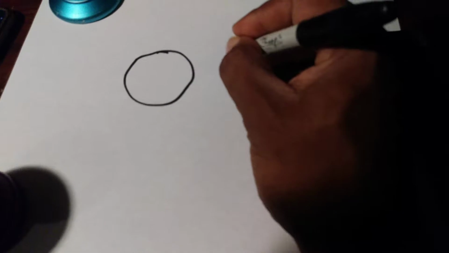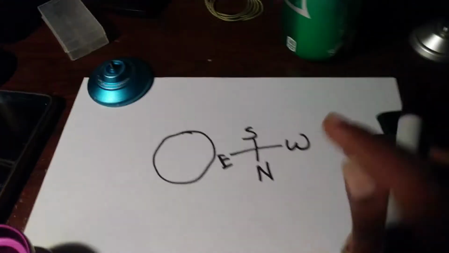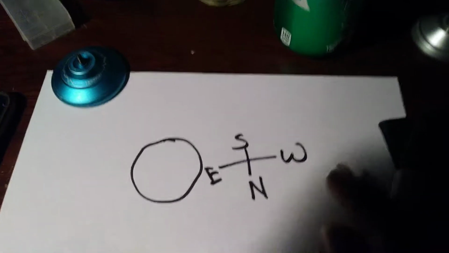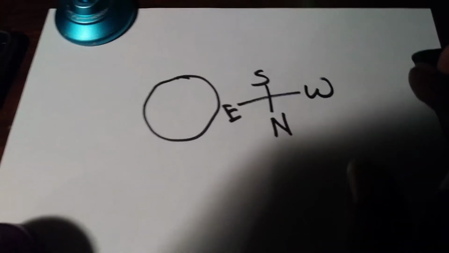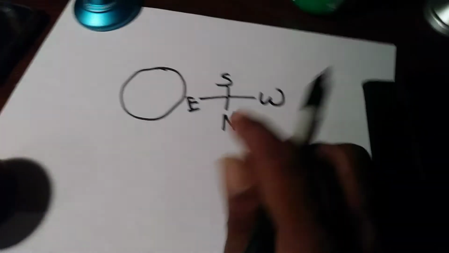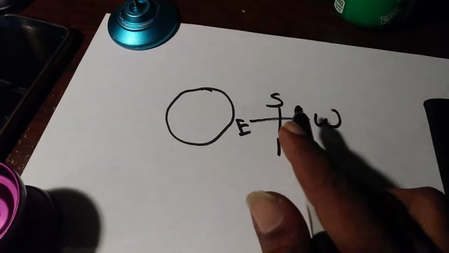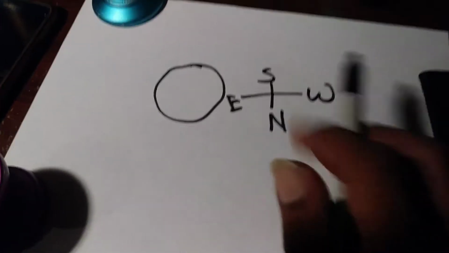Let's mix it up some. We're gonna make this north, east, south, and west. Doing it like this because it really don't matter which cardinal direction you use. There is no up and down when it comes to this. South is not up. North is not up. South is not down. North is not down. So since this is north, we're gonna pretend like we're in Alaska.